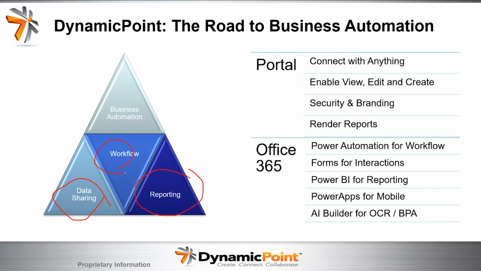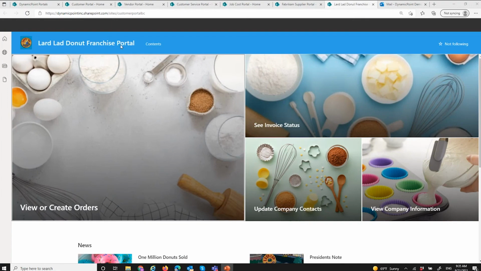As I start introducing workflow and getting more sophisticated with the Office 365 tools, I can work my way up the value chain and start automating entire business processes. And I have a couple examples here to walk you through to get your wheels turning. But the portal really gets its power, and you're really taking advantage of the Office 365 tools as you start moving your way up this chain, right? So as opposed to just sharing POs or orders or whatever, and not that that's not valuable, but now that you have all that information and you're having people interact with it, you could automate some of those tasks that were maybe done manually previously. So one of my more popular examples is vendor onboarding.